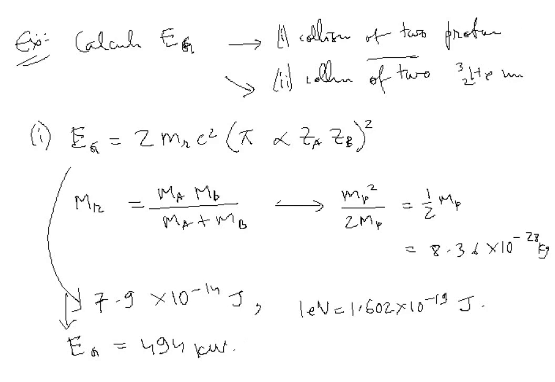What about the 2 helium nuclei? So the next example, for 2 helium nuclei, again let me first calculate the reduced mass. It is basically M3 by